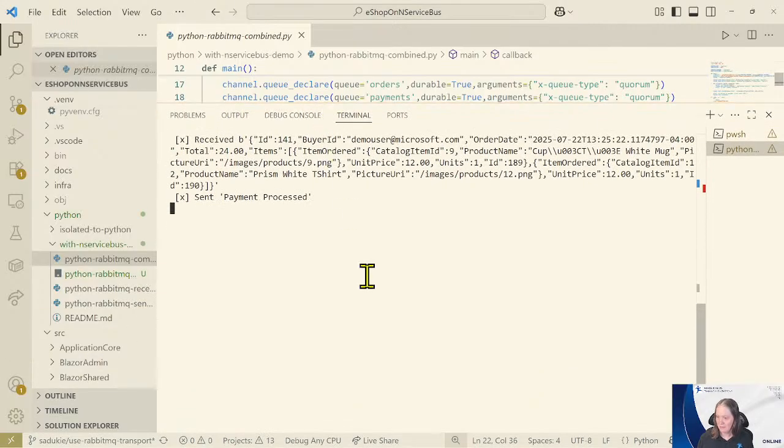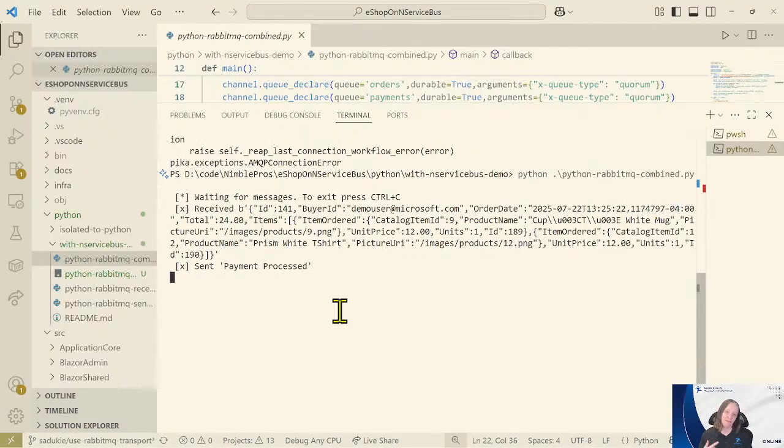So, for how I said that Python was going to be RabbitMQ, so .NET, in this case, eShop on NServiceBus, what's creating the domain event? It's creating this here. Received, that's coming from the .NET app. This is my Python app. How does that happen? RabbitMQ. So we're using NServiceBus to send to RabbitMQ. Python can listen to RabbitMQ. Get it. But why would we do this? Again, because this is typically used in environments where multiple dev teams, all sorts of languages, want to be able to communicate, right? And NServiceBus can do that.